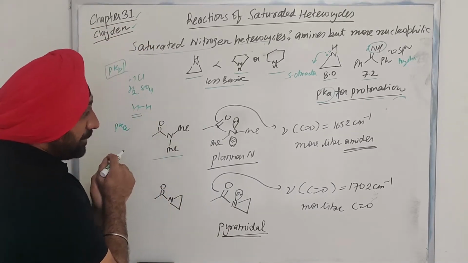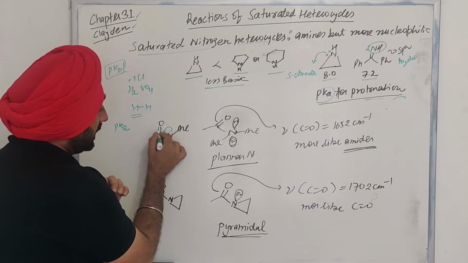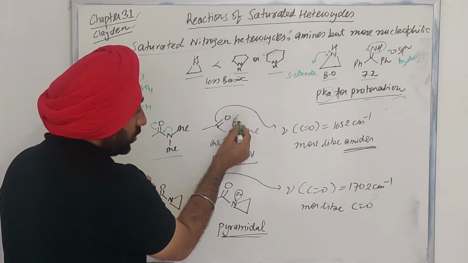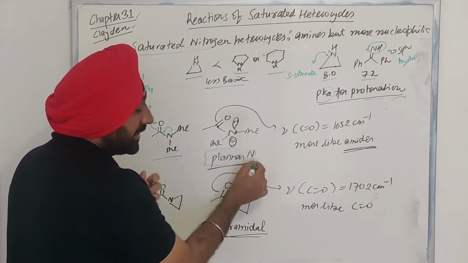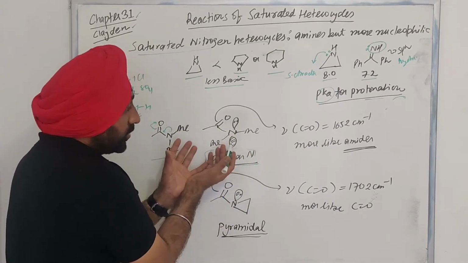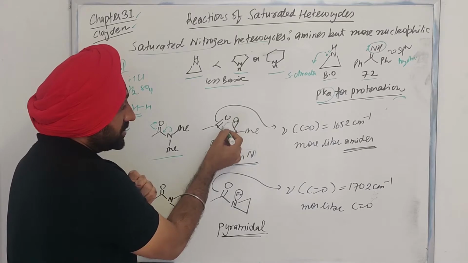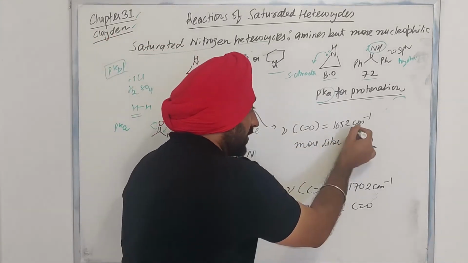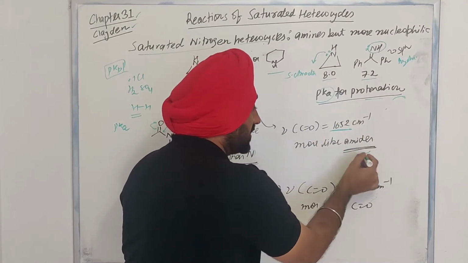In this case, what is happening? These lone pair of electrons undergo conjugation, because the lone pair of electrons on the nitrogen, here what you have is a planar nitrogen. Because of the planar nitrogen, it can undergo conjugation with this carbonyl. That is the reason why here the stretching frequency that you see is 1655, which is very typical